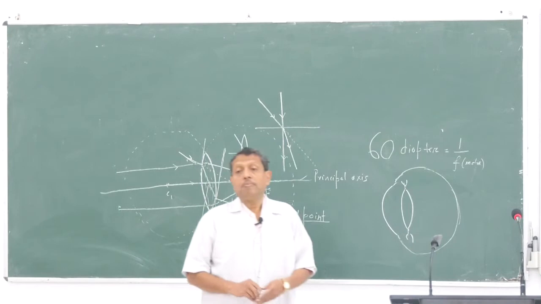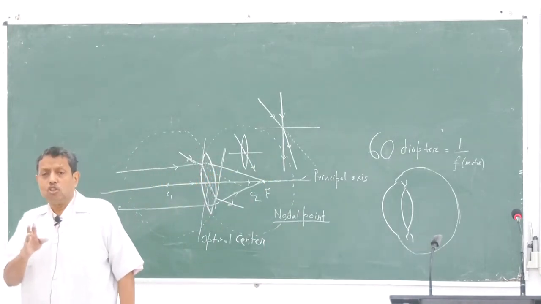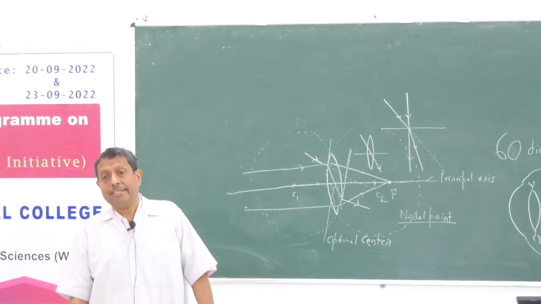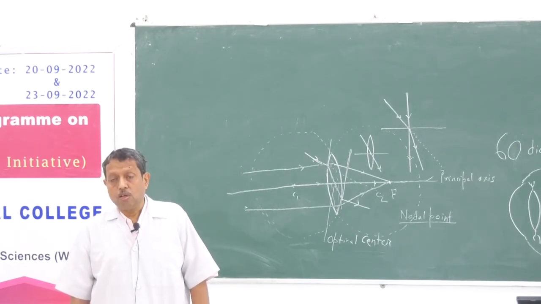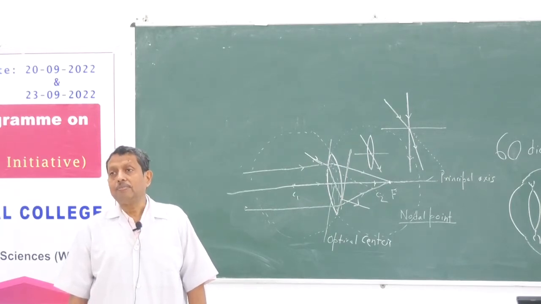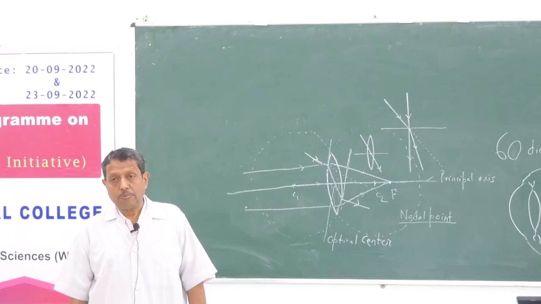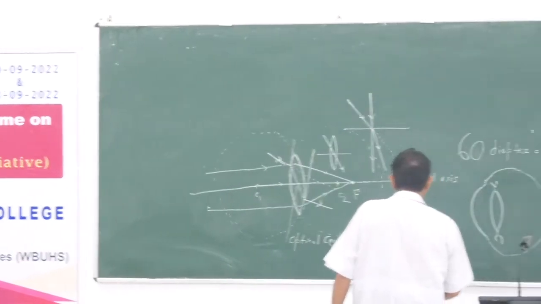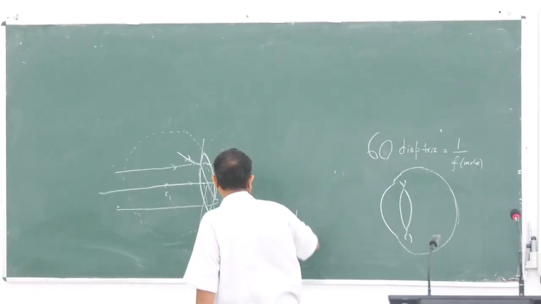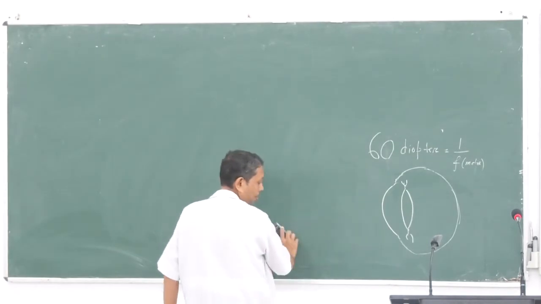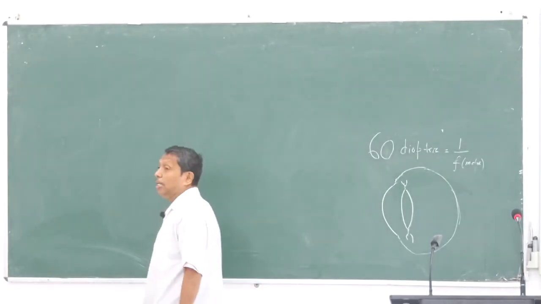Now, to have the geometrical aspect in a simplified way, there is a concept of reduced eye. It is to some extent a simplification, but it is practical to have some knowledge of how an image is formed. Now, the concept of reduced eye, in that case we are considering that all the refractive property,